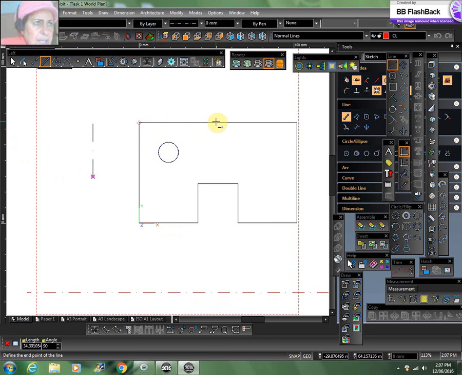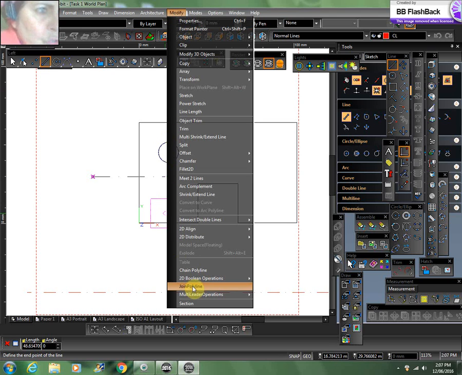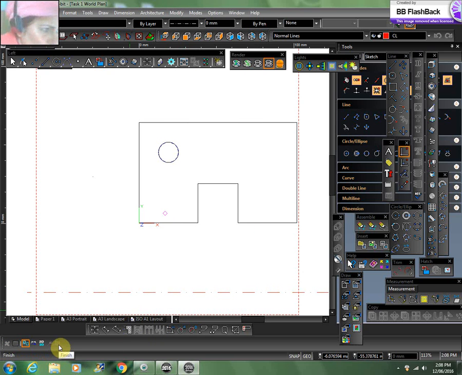I also have to click on all these edges on the sides of this shape to choose the object. Then at the bottom, when I click Modify and Join Polyline, there is a flag with black and white, and when you put your cursor on it, the word Finish comes. Click on Finish, so there will be a polyline created around this 2D object